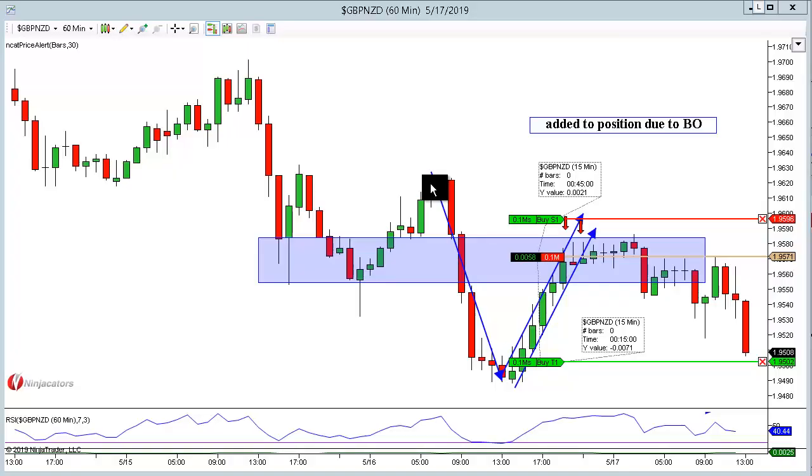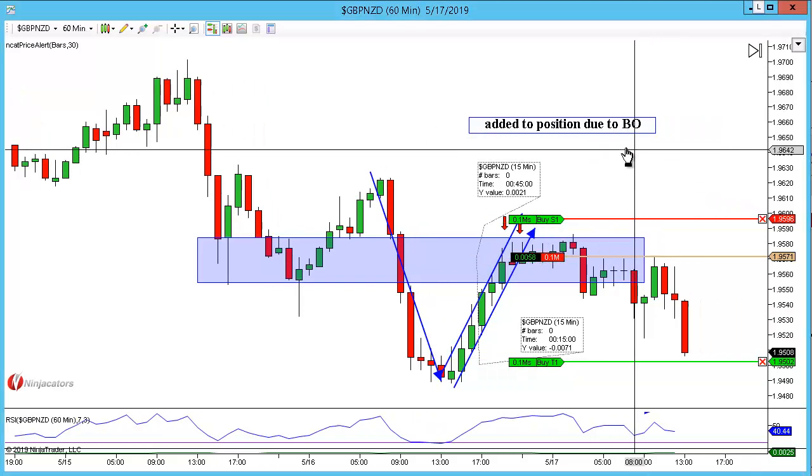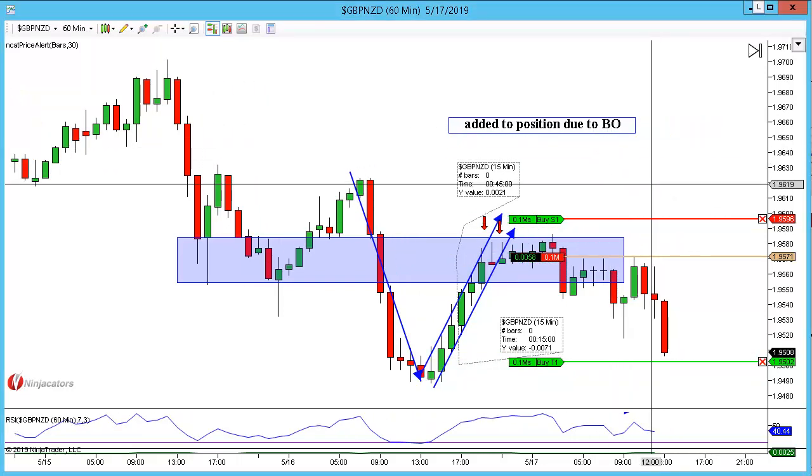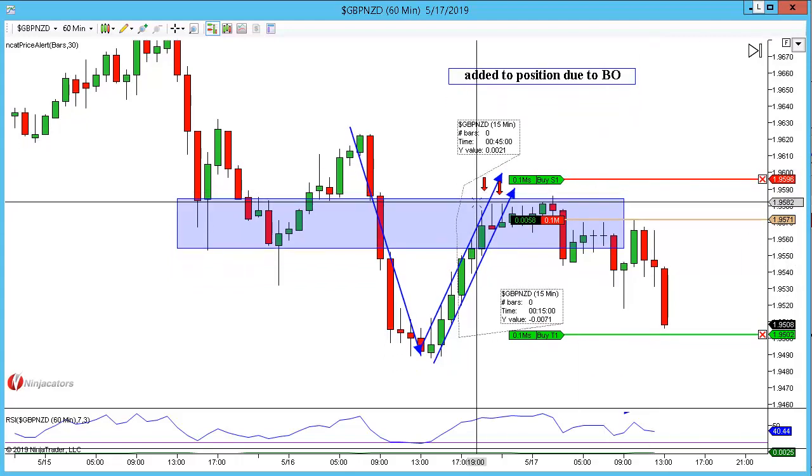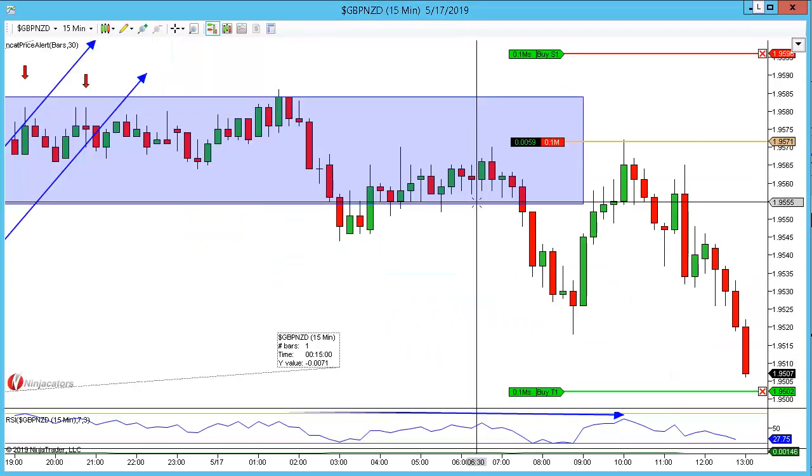We're back for an update, and I did say these alternate flag patterns are very, very profitable. You can see that we are now running down to those potential targets. 58 pips up, seeing a very directional move here. What I do just want to talk through, and I can't remember if I did this on the video,